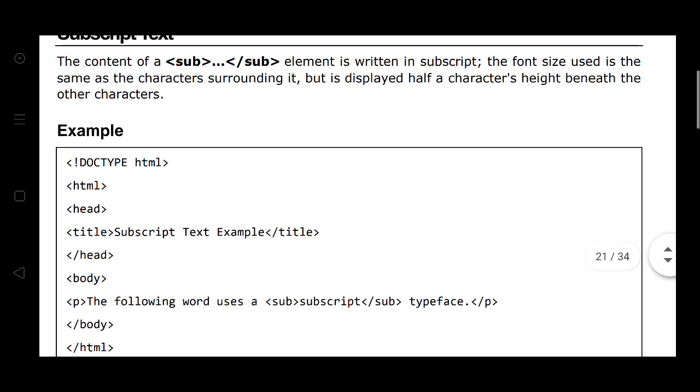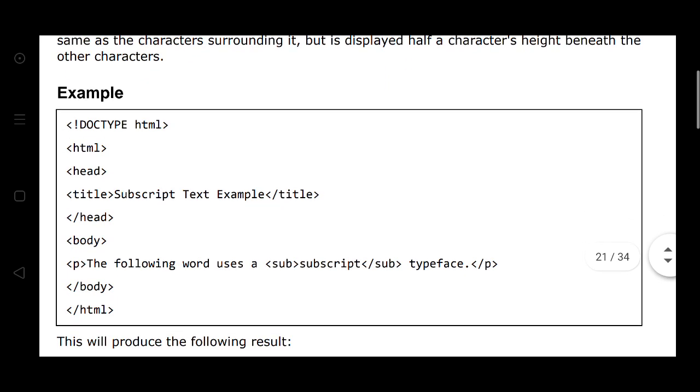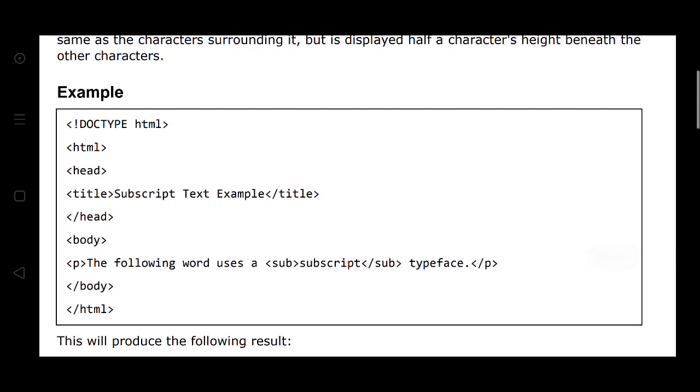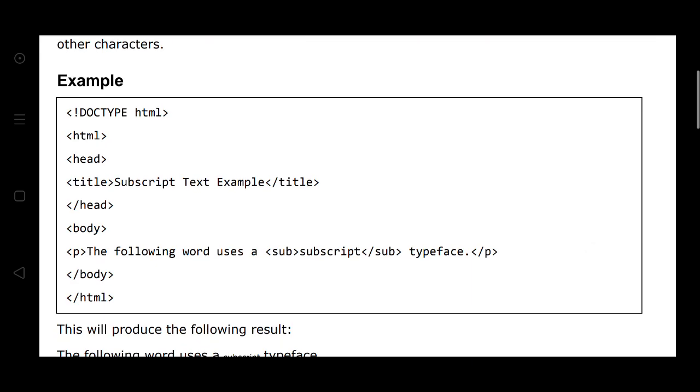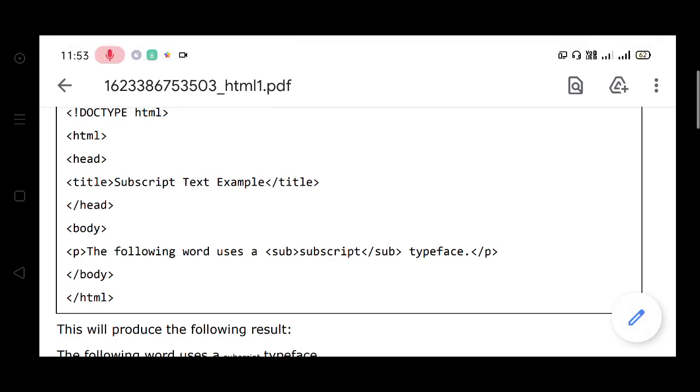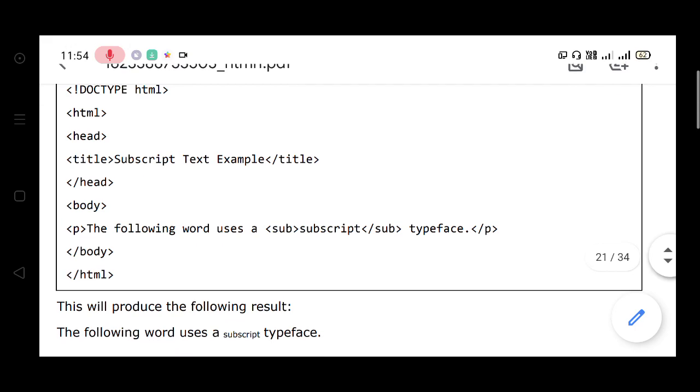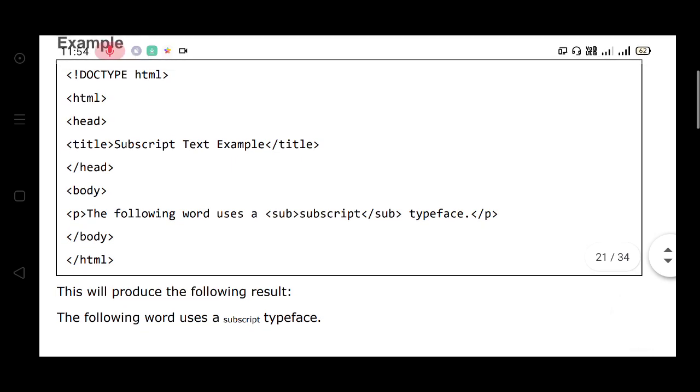The example of the subscript: the title of the program is subscript, head, body. The following word uses the subscript element. Then typeface, body close, and HTML close.